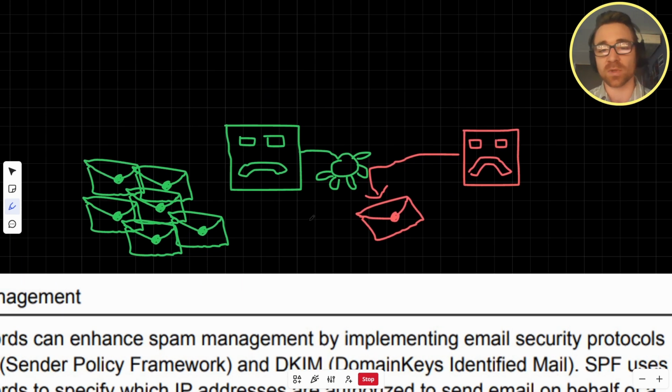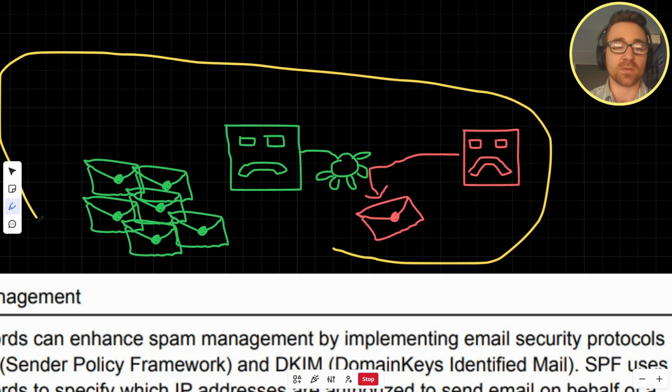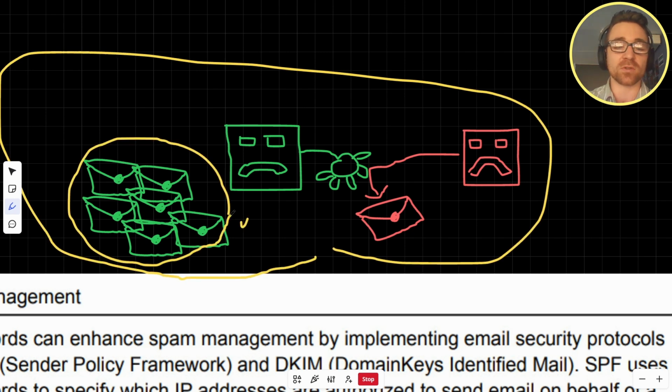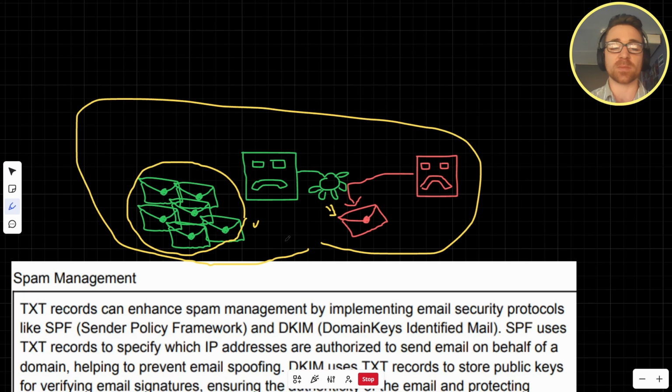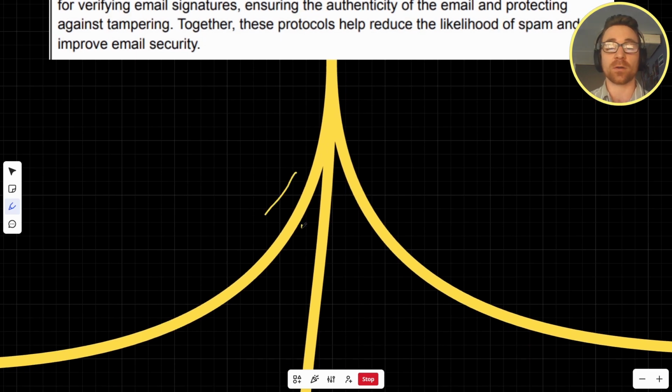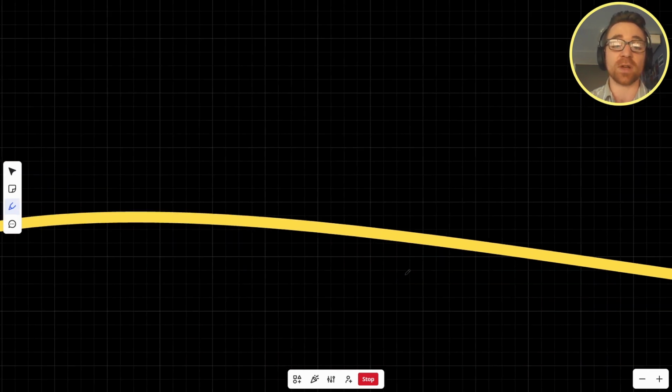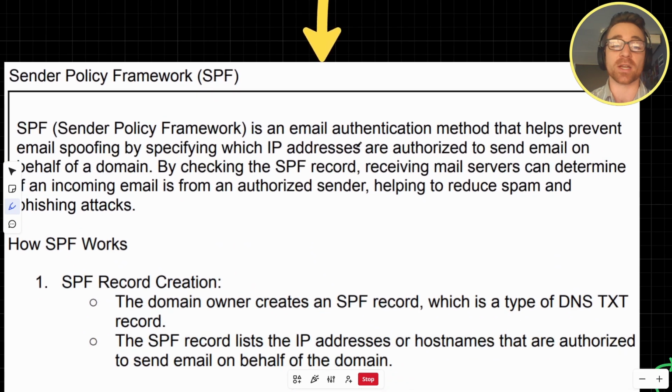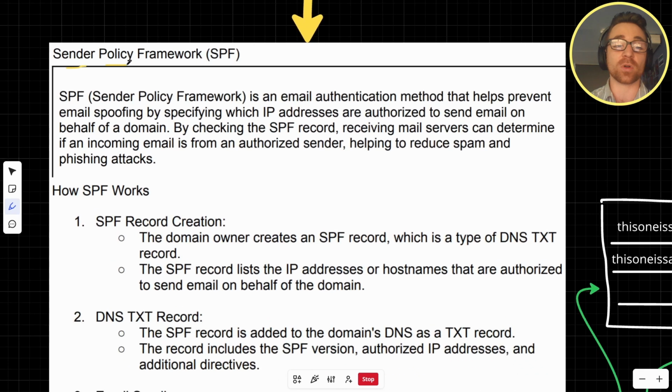So text records can be used for spam management. Remember in the last couple of videos, we looked at this kind of image where you've got all this mail you do want in your inbox, but people are trying to send you spam as well. You can use text records in a DNS server to help with spam management. And there's 3 different types that you need to know about. So we've got 1, 2, 3. We're going to have a look at each of them. The first one is called Sender Policy